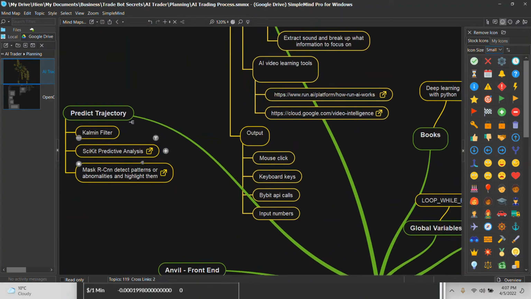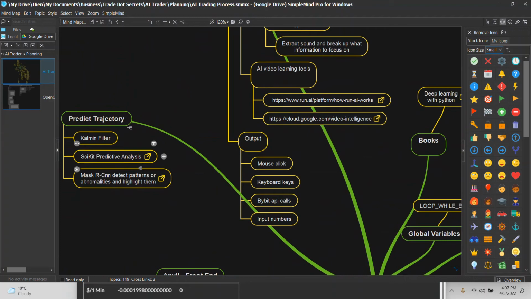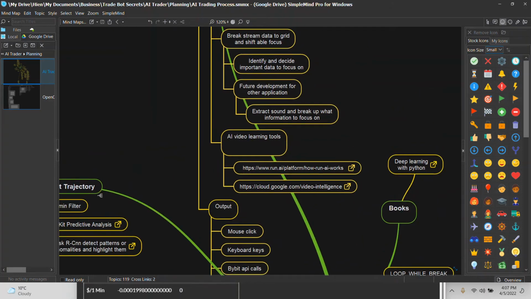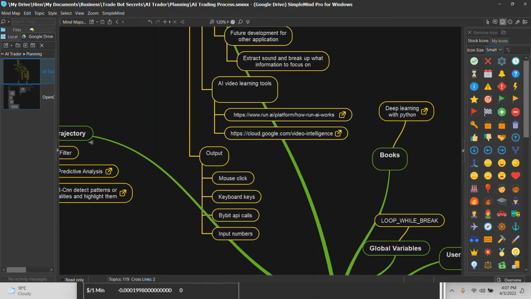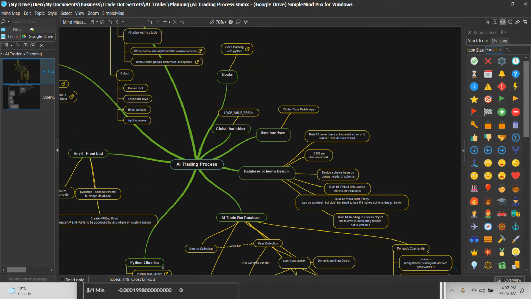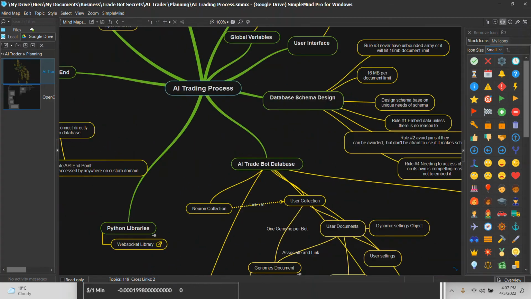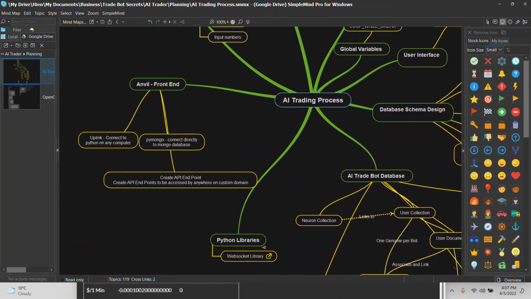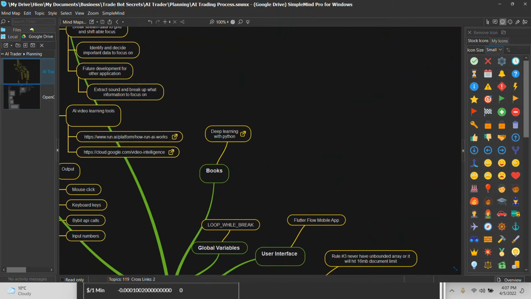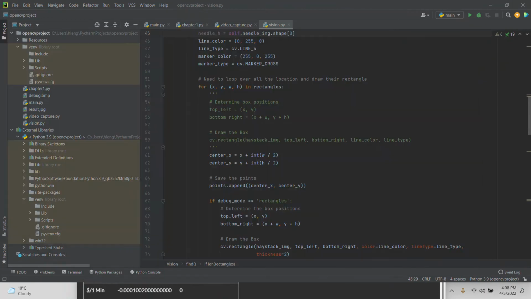Deep learning. There's Kalman filters, Mask R-CNN. So some kind of where I can highlight certain things with this convolutional neural network, CNNs. There is some other stuff that I kind of came across. Maybe a little too much here to look at. But anyways, I put this together, and I want to show you what I have so far